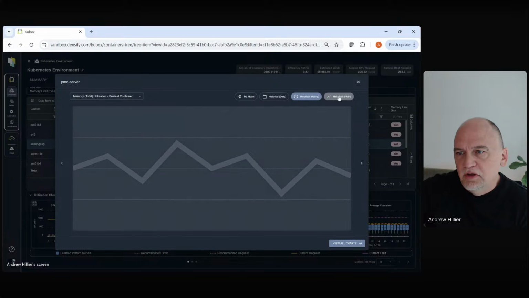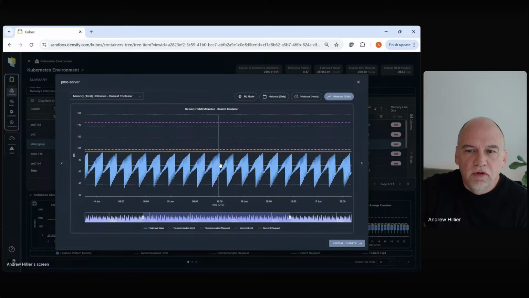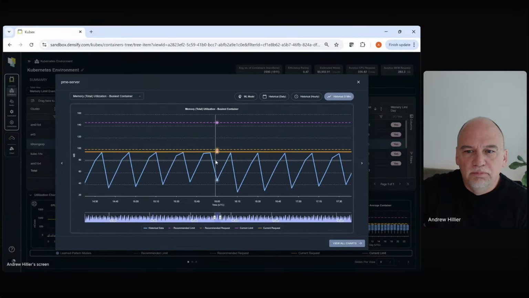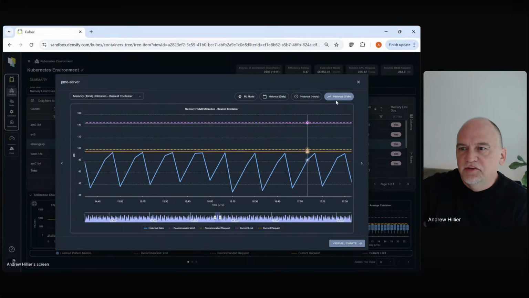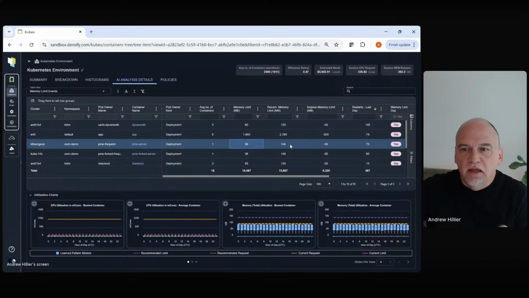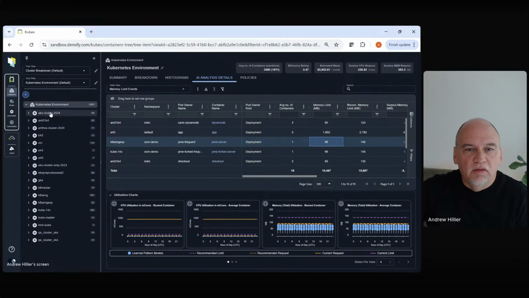I'll just go right over to this one, where we're saying what exactly is this thing doing, on a minute by minute basis. And this is very bad. This is what you talked about as far as the risks occurring. If this thing's hitting its limit, we want to fix this, and we're recommending a higher limit. We're saying bump the limit up to a higher value based on these utilization thresholds. And if I want, I can even automate it. I can just choose that workload, or I can choose entire trees and say just fix it automatically, which is kind of the holy grail.